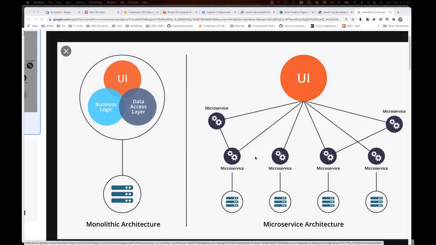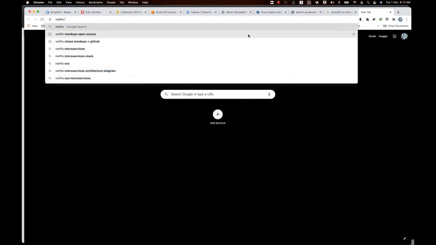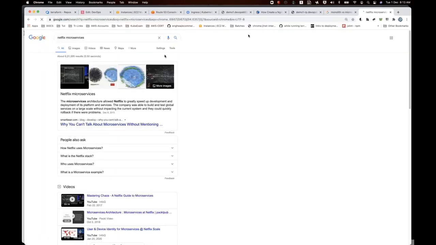Hope every one of you has seen the Netflix web page at least, right? The Netflix web page looks like a single service to you. Netflix.com is just Netflix.com, for you it is single. But how does Netflix actually work? Netflix microservices. If you go and ask how many microservices Netflix has,